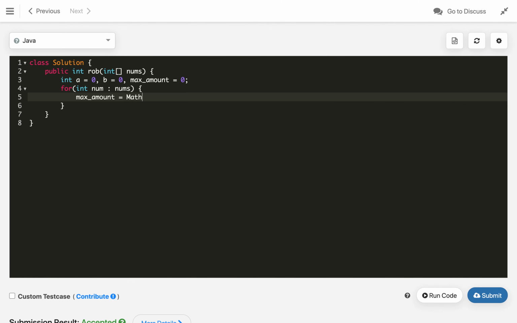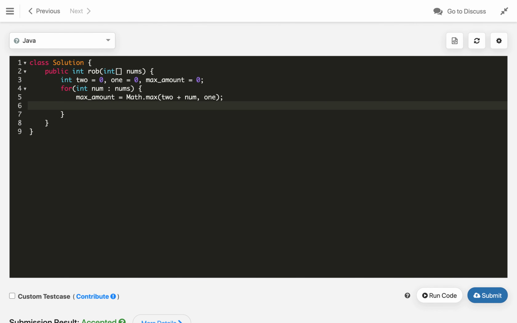from the Math.max of a, which is the 1 day previous, basically 2 day back one. So if we take that, then we can take the num. Otherwise b is just 1 previous, 2 previous. So we can rename the variable like 1. Let's say 2 previous is 2, and 2 day previous, like 2 house previous basically, and 1 is for this guy. So we will use here 2 plus num, or the 1.